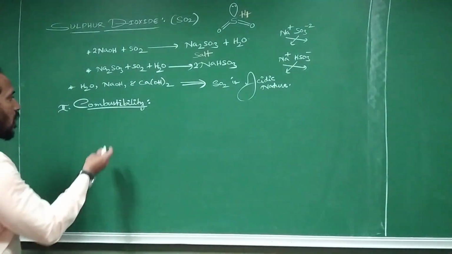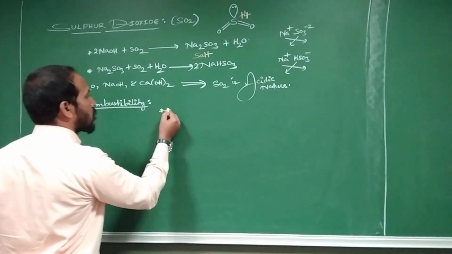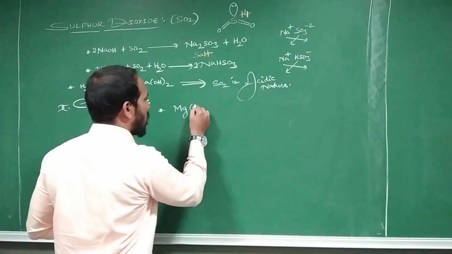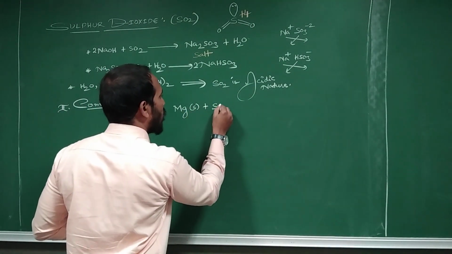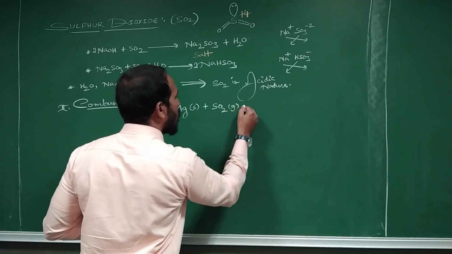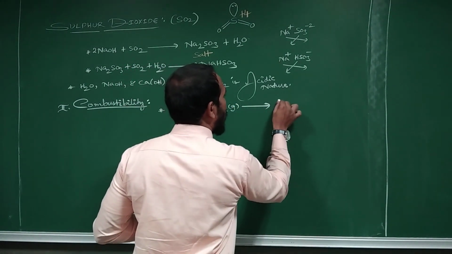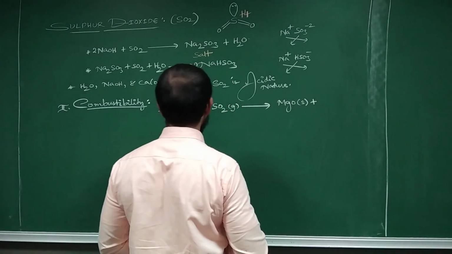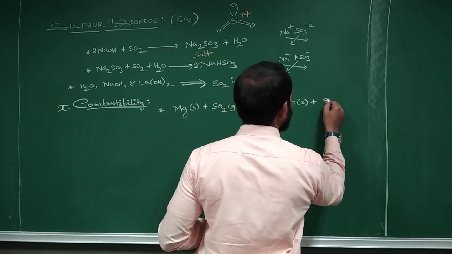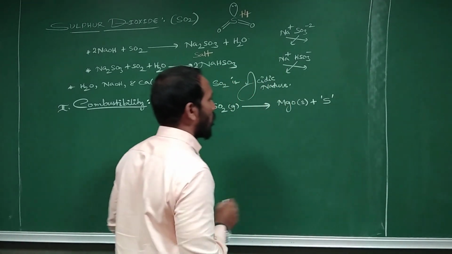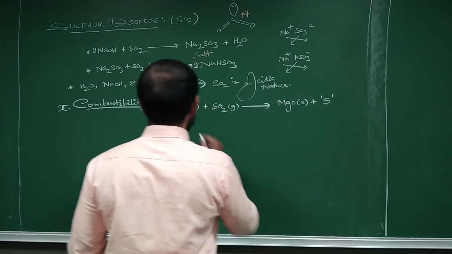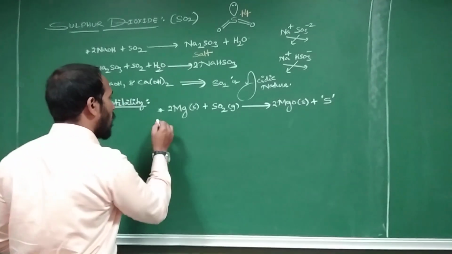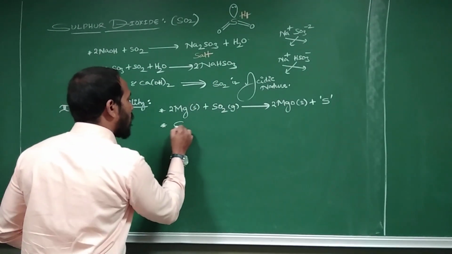Carbon. Now here you see the two equations. Now I am going to explain. So when magnesium metal, present in the solid form, is treated with sulfur dioxide gas, see what happens here. Magnesium oxide, again solid, plus nascent sulfur is formed. Nascent sulfur is formed. So here I am taking 2 moles of Mg, so 2 moles of magnesium oxide. Now one more equation. Carbon, that is what? Present